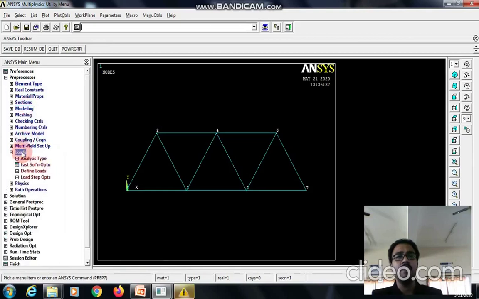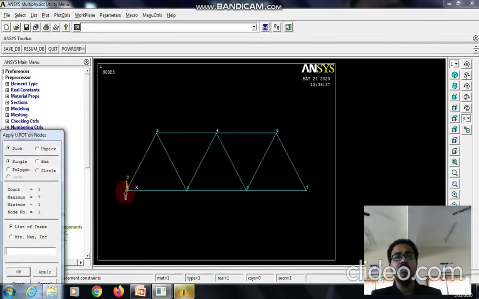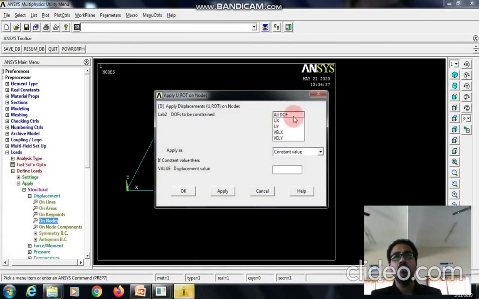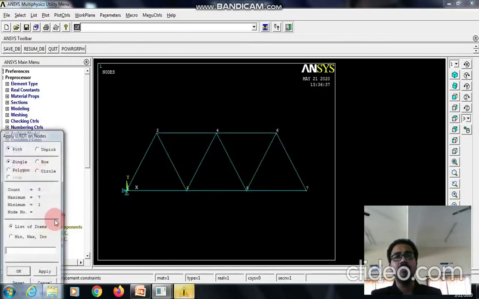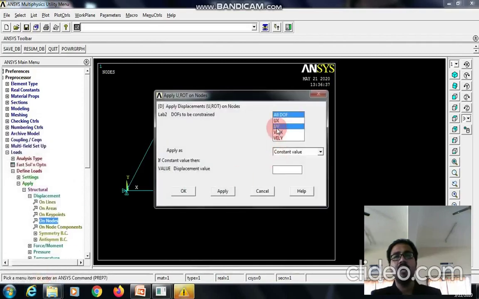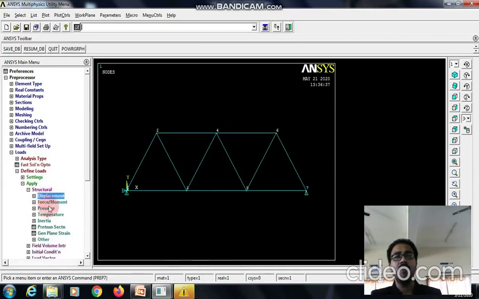Then go to loads, define loads, apply structural displacement on nodes. Since the left hand corner node is fixed, go to apply, select all DOF, give OK. Similarly, on the right hand side we have a roller support at node 7. I will be selecting UY, so unselect all DOF, give OK. Now, where to apply the point load?